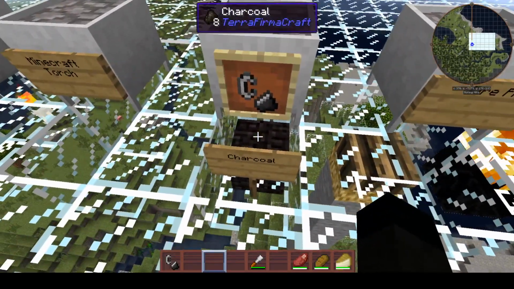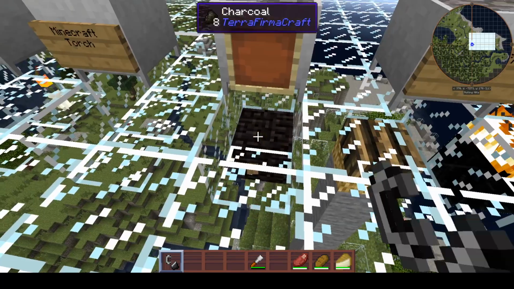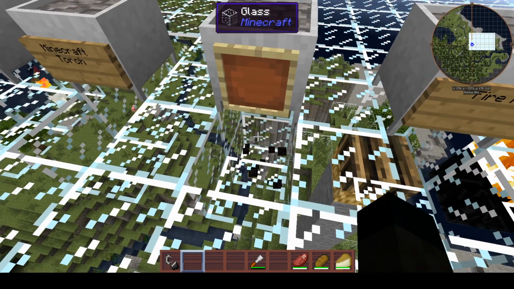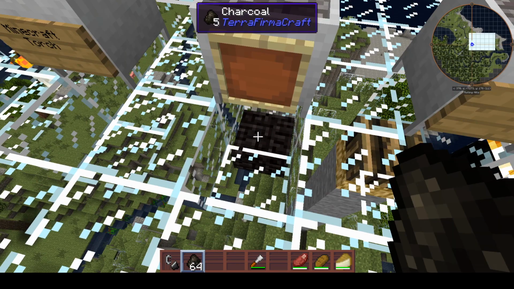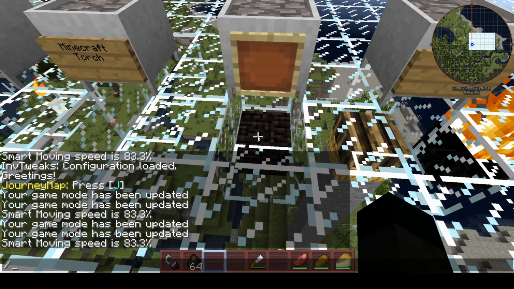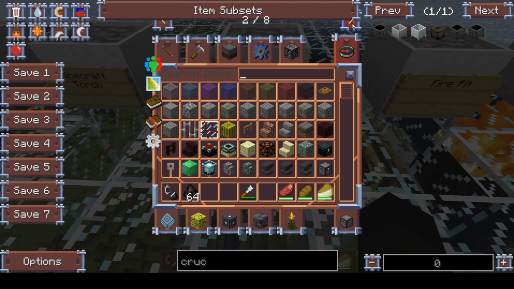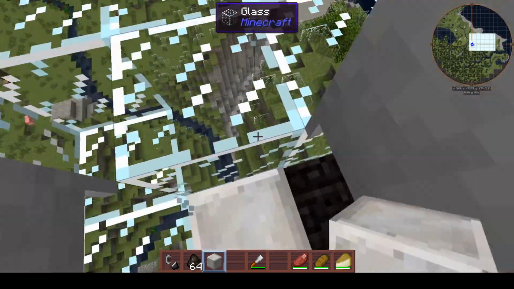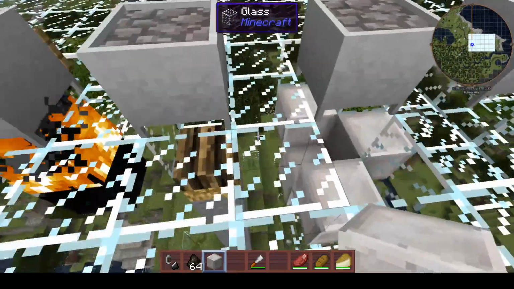Anyway, the next suggestion was charcoal block, which won't even light. Now we may be able to, oh god, here we go. Let's try that again. Charcoal from TerraFirmaCraft, and let's do 4, 5. Now, interesting question. I've just thought, what happens if I get some marble, for smooth marble, and turn this into a